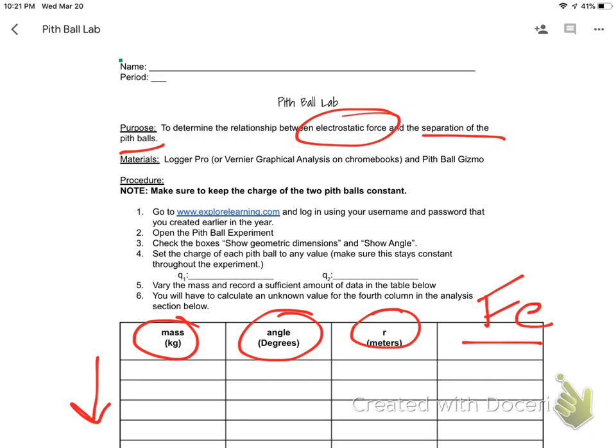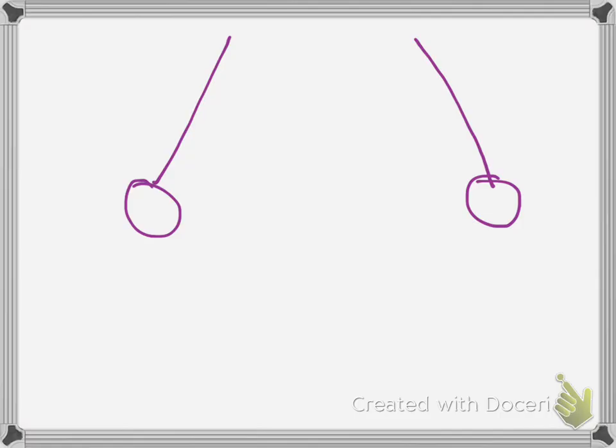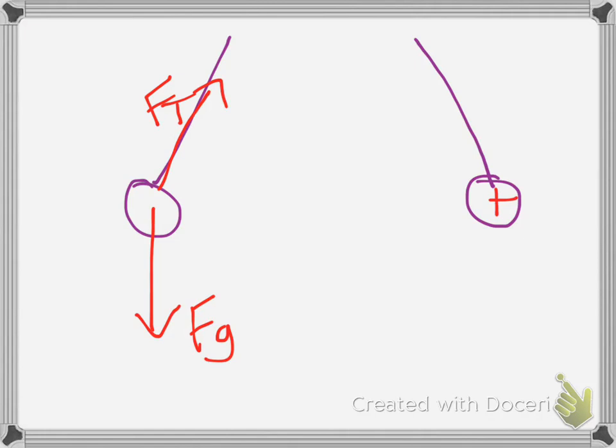But we need to be able to calculate the electrostatic force, right? So here's where your free body diagrams come in that you are asked to do on part of the lab. I think it's at the top of the backside. So let's do a free body diagram of one of these pith orbs. If we have the force of gravity that's going to be coming down, we definitely know we have tension that's going to be going up with the rope. And then we have this repelling force, this new force that we're talking about. Two positively charged objects repel each other. And so there's this new force.